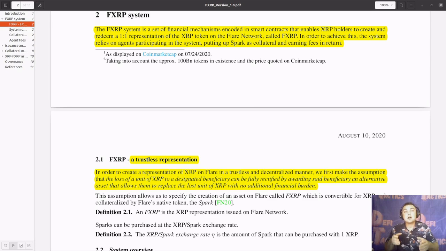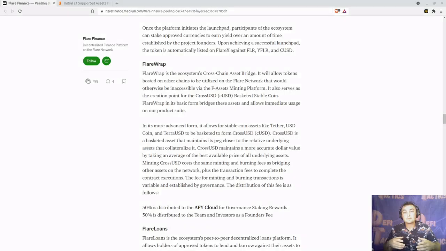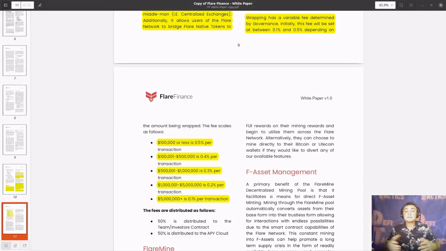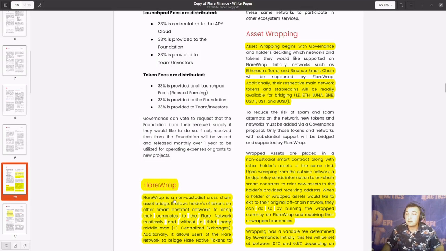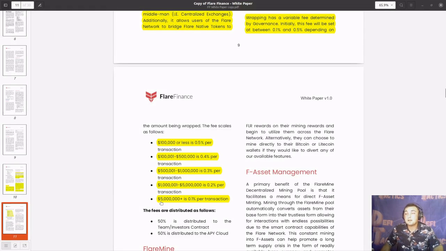Flare Wrap is a non-custodial cross-chain asset bridge. It allows all the way up to 5